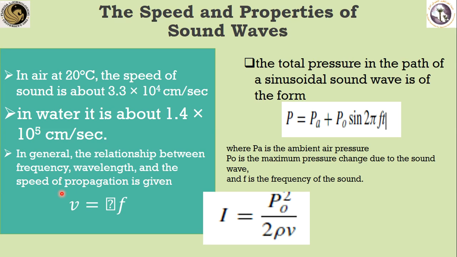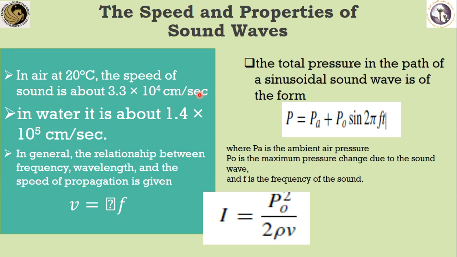So materials could affect the properties of sound as a mechanical wave transferred through the materials. Just an example, at 20 Celsius in the environment, the sound could travel with a velocity of 3 multiplied by 10 power 4